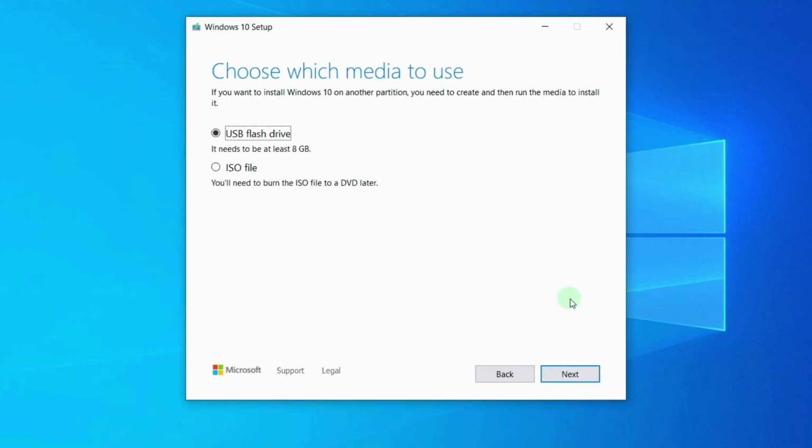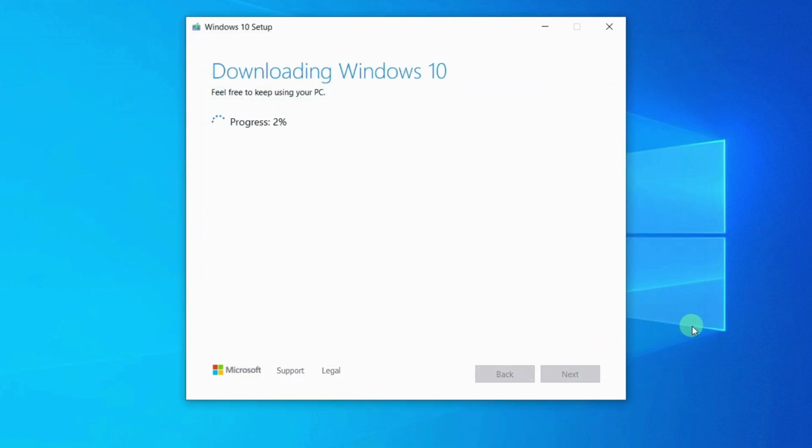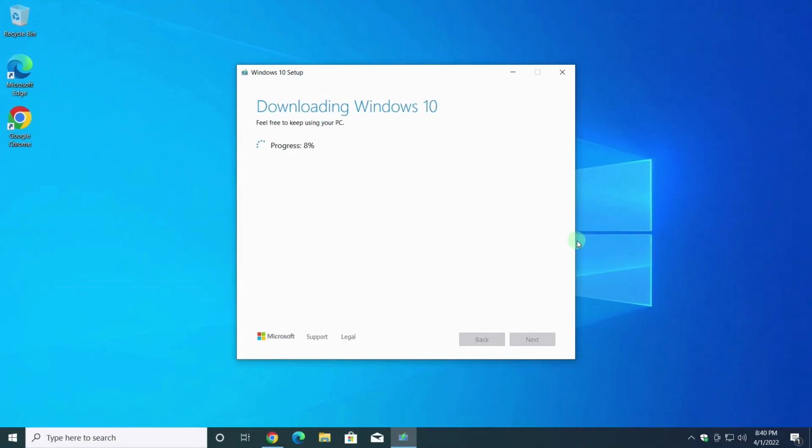With the top selection you can immediately write the image to a flash drive. Here I choose the bottom option again, ISO file. Next. I need to tell the utility where to save the file. This will be the desktop. Click Save. While the process of downloading and creating the ISO image runs, we will consider another method.